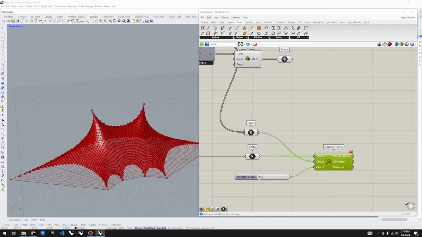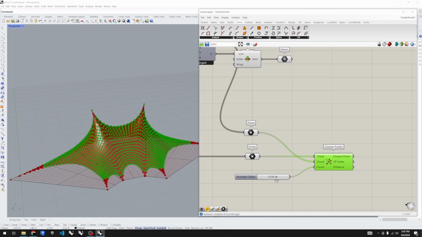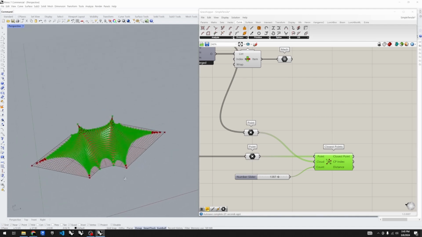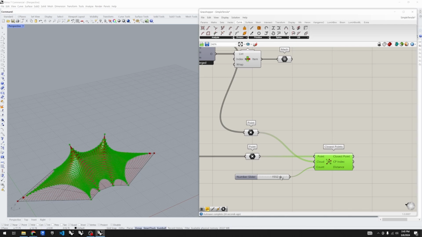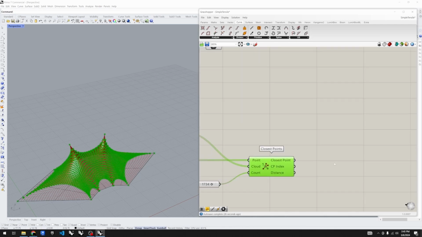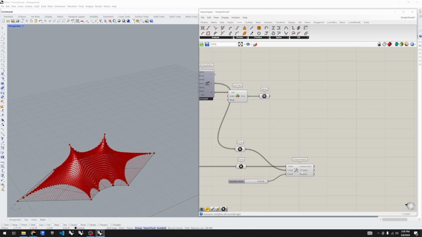So it's mad because I have 0, so it can't find 0 points. But as I increase this, we can see we're finding these averages here. So we're finding the closest points within there. Maybe we'll leave it about there. Won't find these extremes. Maybe that matters. Maybe it doesn't. Yeah, let's just bump it up till we have all the points. There we go. So I'm going to take these closest points, and I'm going to go back into our list logic